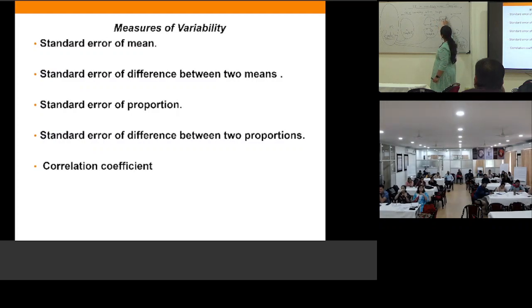इसको अंडर रूट करके थोड़ा स्क्वायर करते हैं, फॉर्मूला के हिसाब से मीनिंग सेम है, अंडर रूट और स्क्वायर करके, but it is the average distance of each observation from the mean. I am telling how each student is different in the class from the mean. That is the standard deviation. Across the various samples,